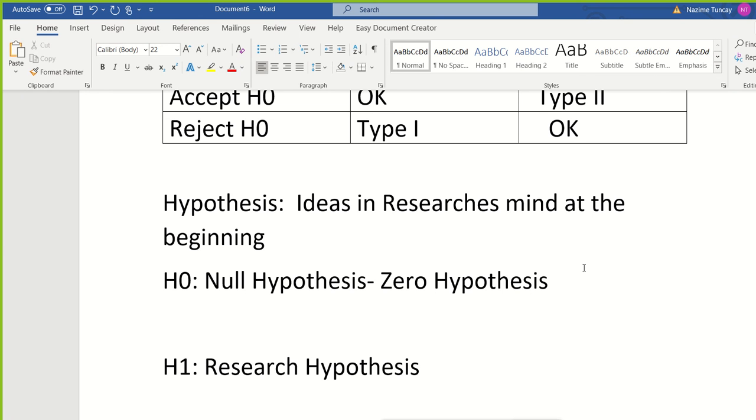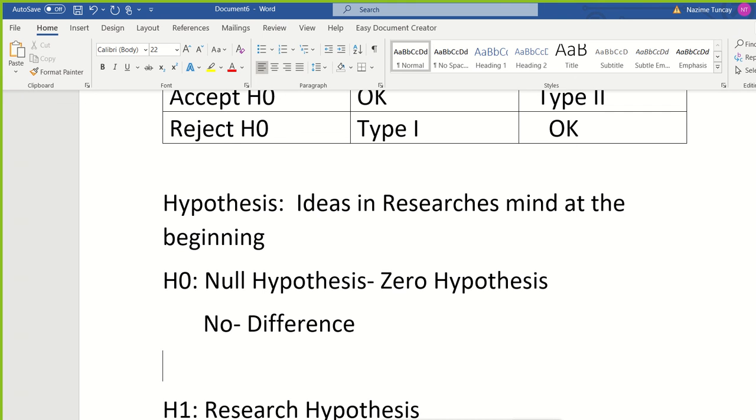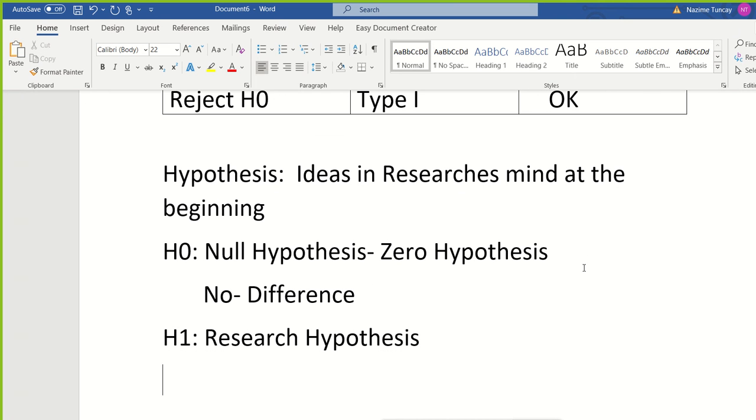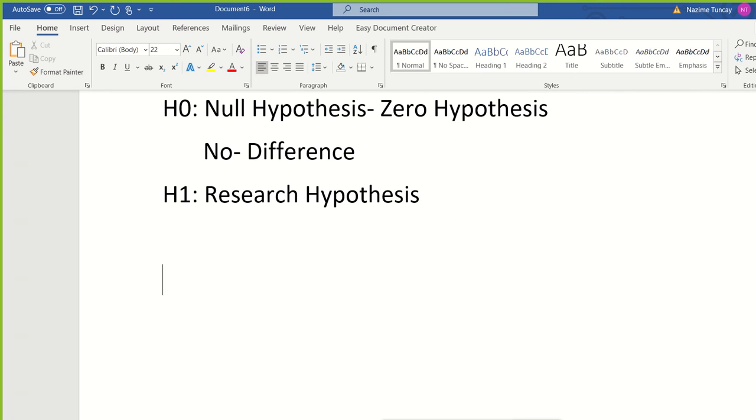So therefore we sometimes call it the no-difference hypothesis. It says there is no difference between, let us say,